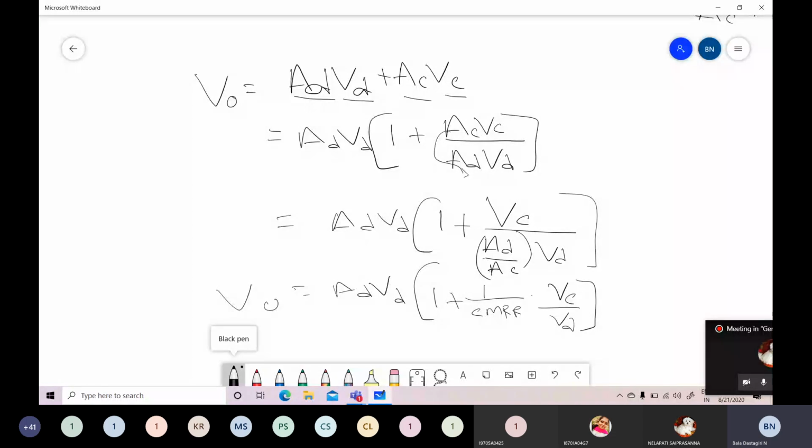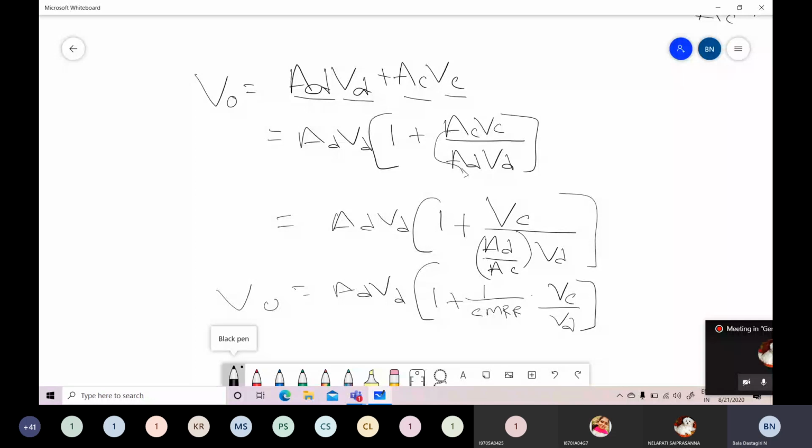So from this, what we can see is that the CMRR is practically very large. So both VC and VD components are present, but the output is proportional to the difference signal only. It is not proportional to the VC. The common mode component is greatly rejected. So from this equation, it can be clearly sorted out.